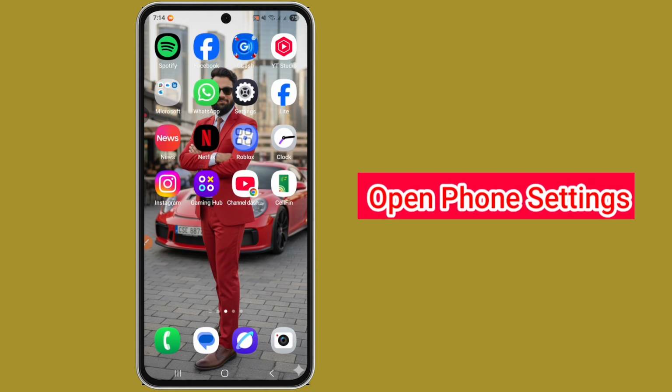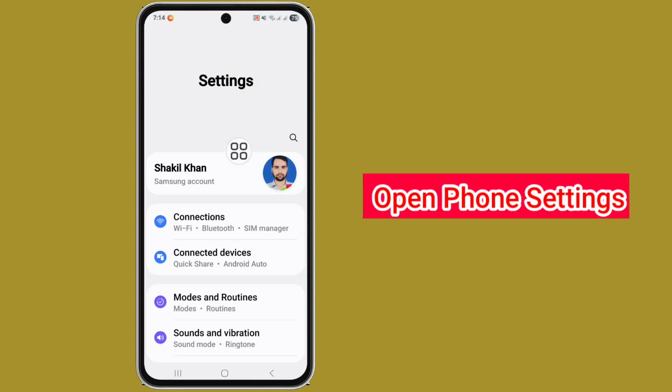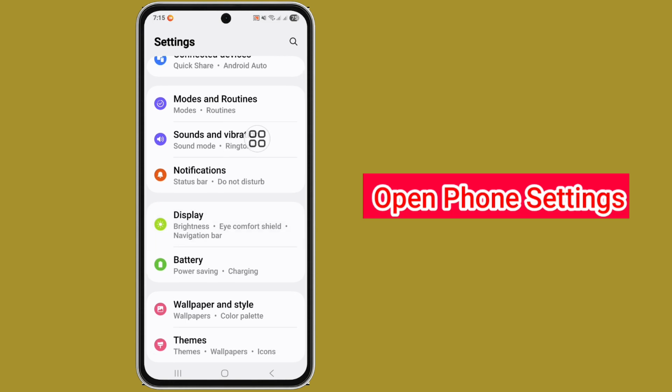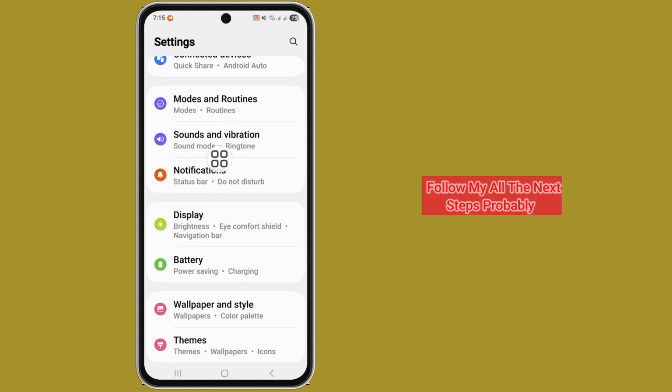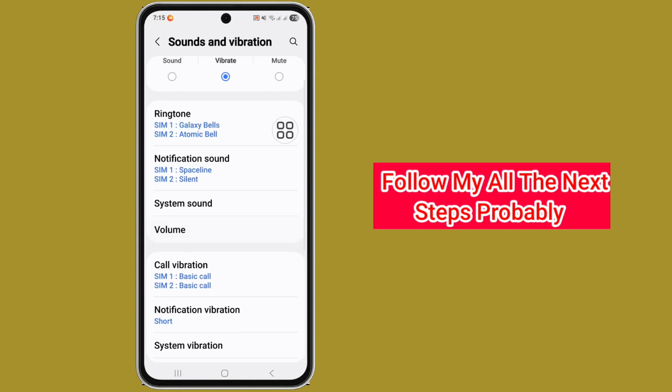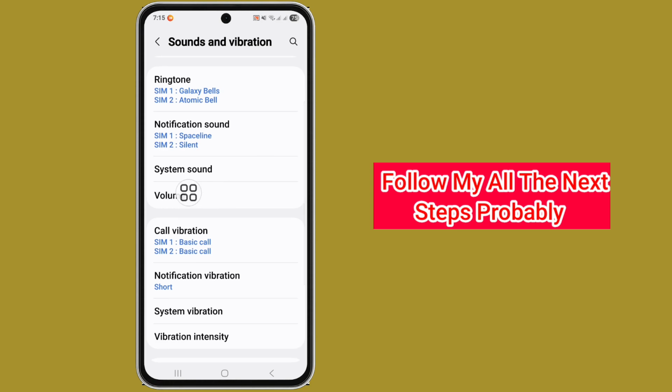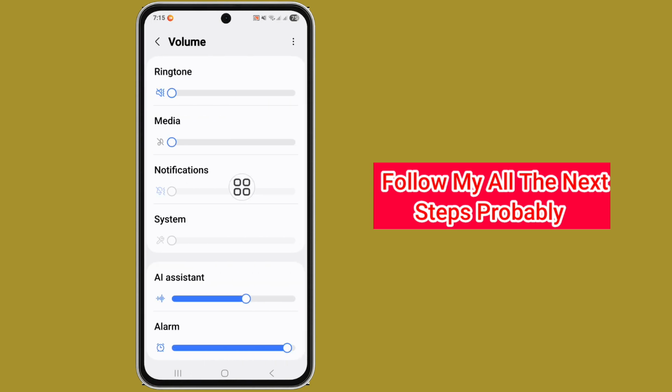First, open your phone settings and scroll down. Now click on sound and vibration. Scroll down. Now click on volume and turn on media volume. Go back